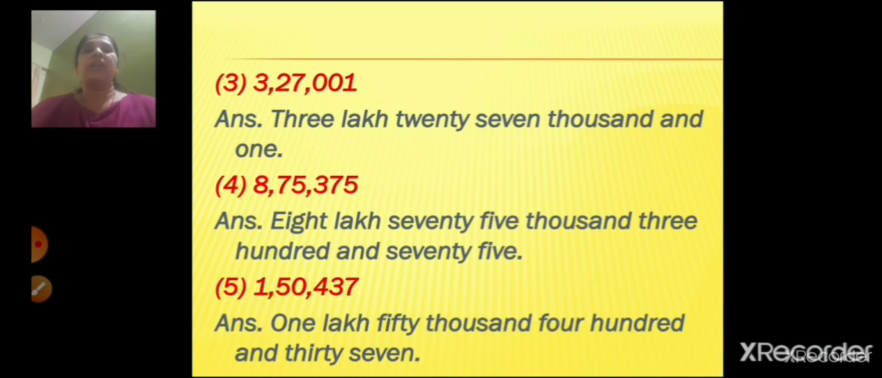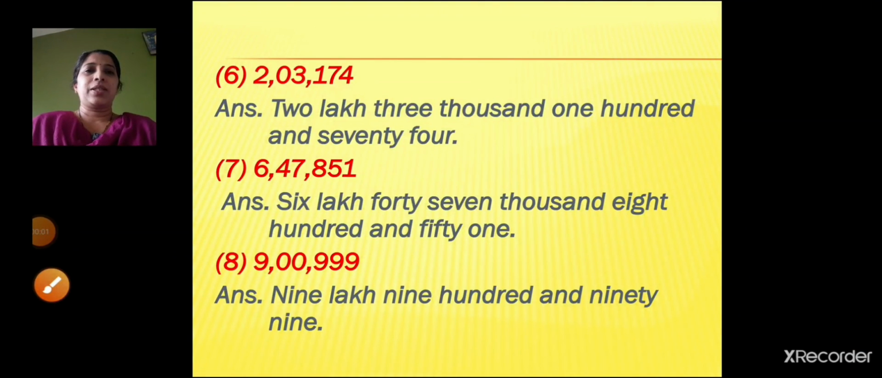150,437. Again we'll start from our right hand side. 7 in the units place, 3 in the tens place, 4 in the hundreds place, 0 in the thousands place, 5 in the 10,000s place and 1 in the lakhs place. So we write it as 1,50,437. So the sixth one is